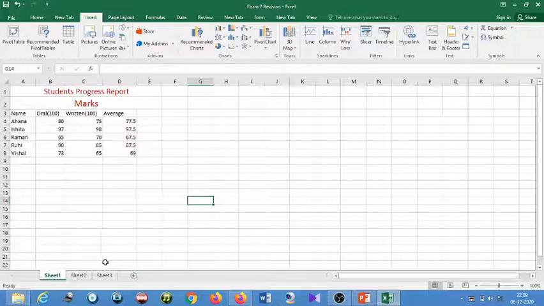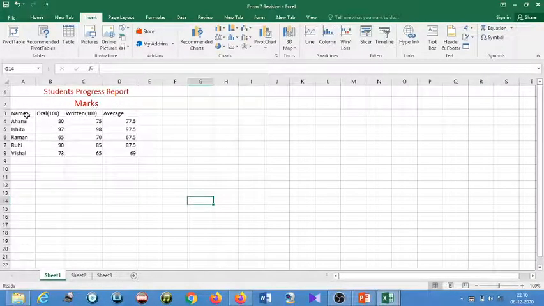Now I show you, students, that I open this sheet here. Look here, I have made one sheet. One thing please make clear, students: whenever you want to create a chart, the data should be there. When the data is there, only then can you create a chart. So your data table should be there, then you can easily create a chart. Here I have created a table. My data is ready. It's a student progress report.